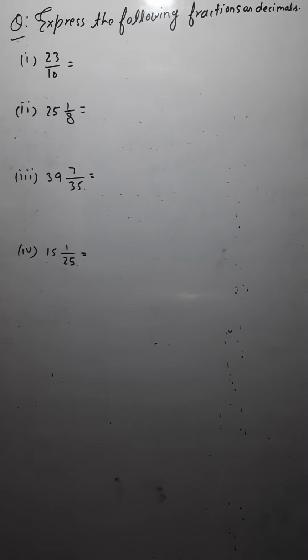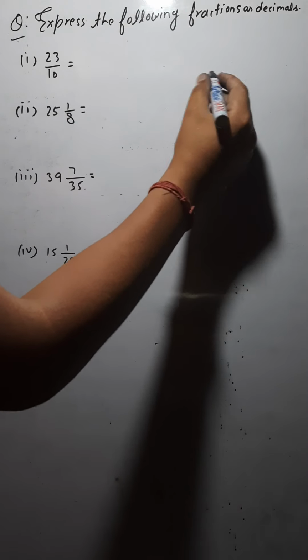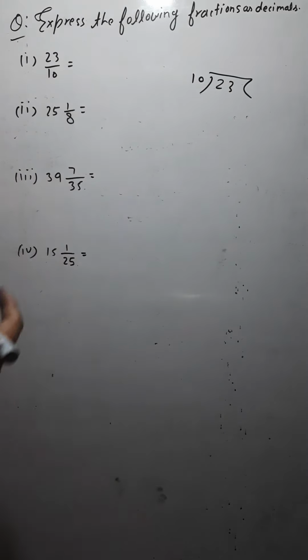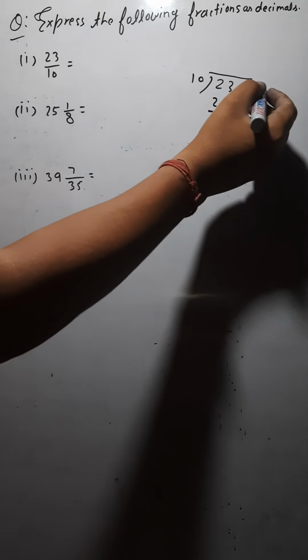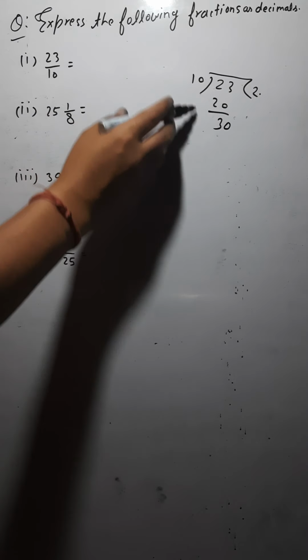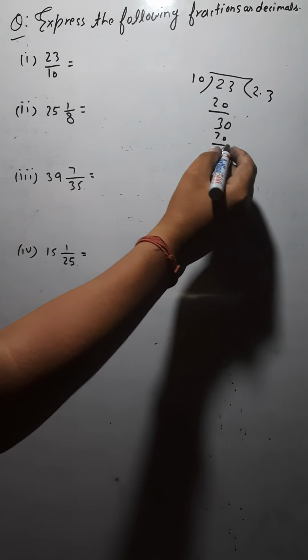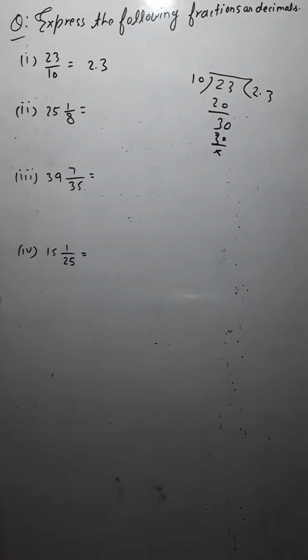First one is 23 by 10, means 23 is to be divided by 10. You have to express this given fraction into the decimal. How? If you are dividing this 23 by 10, how many times would it go? I think 2 times. 10 twos are 20. 3 is left. You would put a decimal there and here 1 0. So how many times would it go now? 10 threes are 30. So completely divisible. So answer is how much? 2.3. So this is how you would express the given fraction into the decimal. Are you getting? Very good.